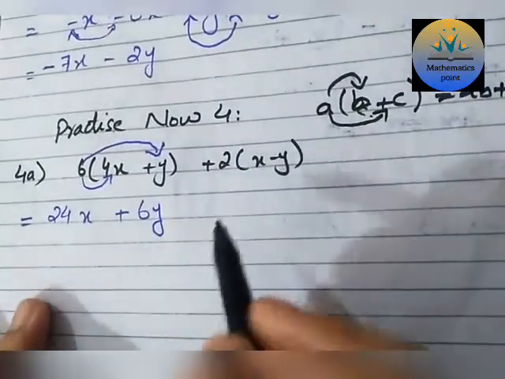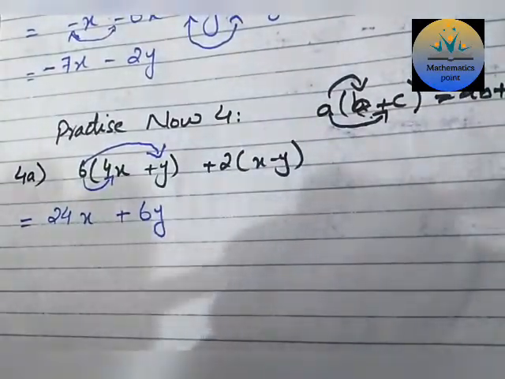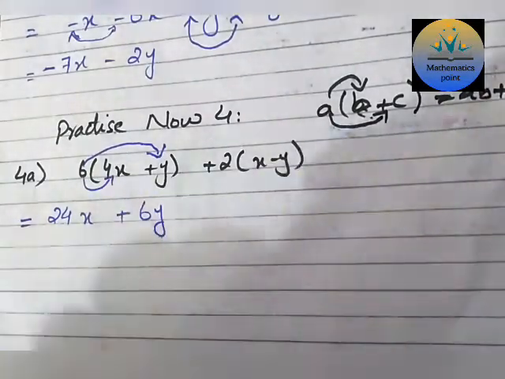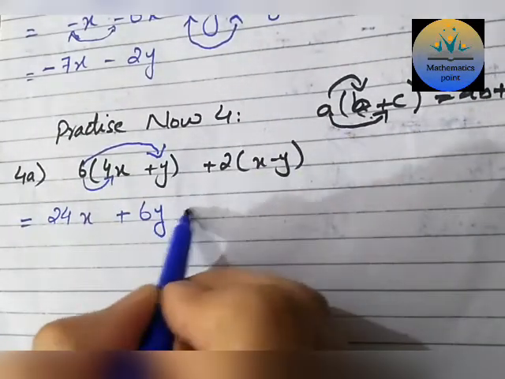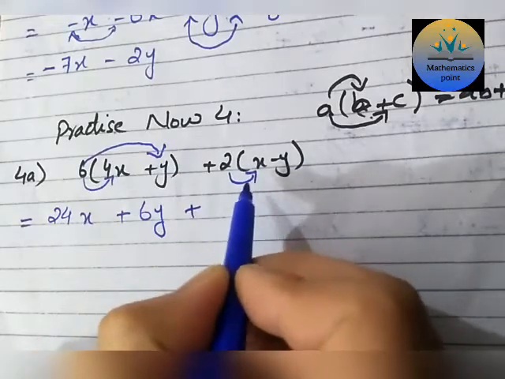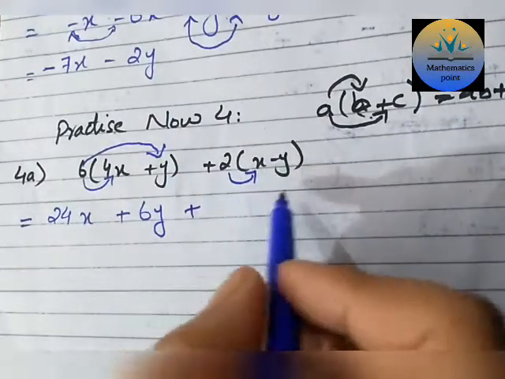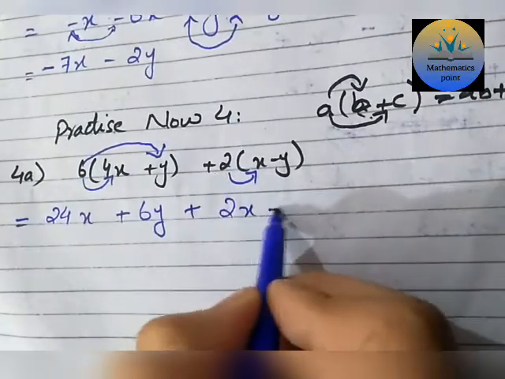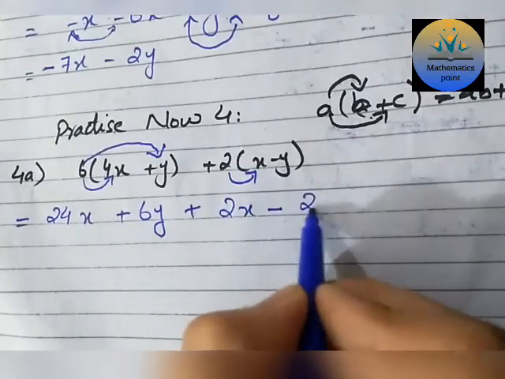So here we have the coefficient, so we multiply the coefficient, and in the formula we have the definite variables. Then plus 2, first we will multiply with x, 2x. Now what is the coefficient of x? 1, so 2 ones are 2x, and then plus minus minus 2 ones are 2y.